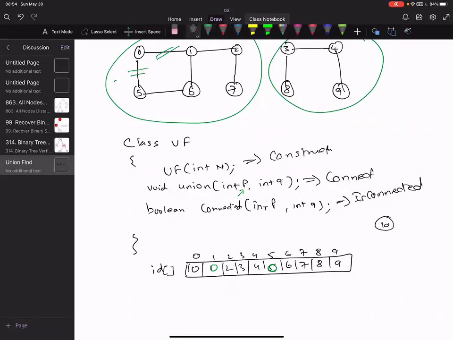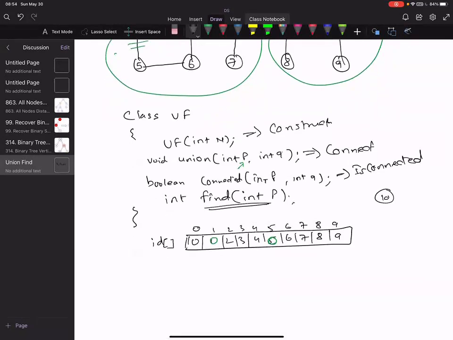It might not be used externally, but it is going to be used internally. In the initial implementation there's not much significance to this function, but as we improve our implementation, it will be useful. All right, so integer find p.